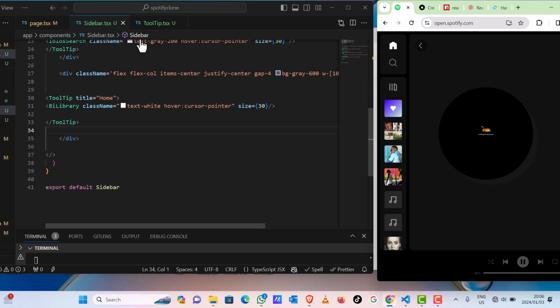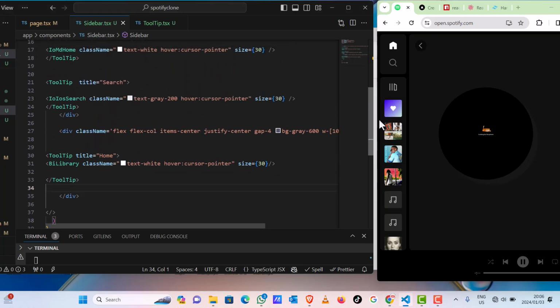Let's go back here. Where's the icon with the library? Here it is. So what do I want to do? I want to check this one. Inside this one,